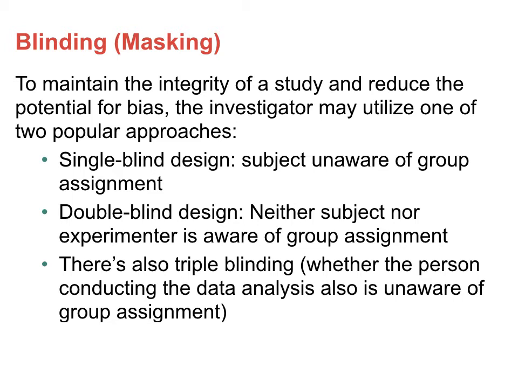There are three levels of blinding that we can do. With single blinding, the person in the study doesn't know which group they're in, but the researcher or investigator and the people analyzing the data know who's in which group. Double blinding is usually the standard, where neither the researcher nor the people in the study know which group the individual is in. Again, you don't want to start treating a person differently as a clinician or researcher, and you don't want the participant to start behaving differently either.